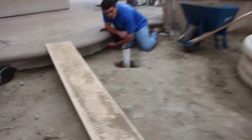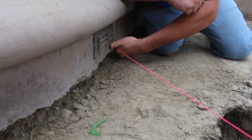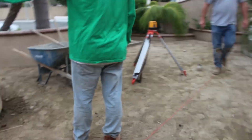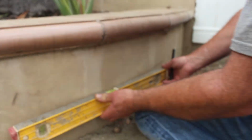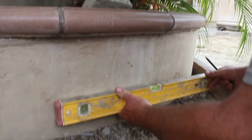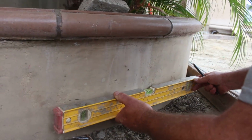Now we just pull a string line all the way across. We have to be below this light cover plate, so it's still removable, of course. So I'm going to make kind of a severe drop off compared to everything else right out of this initial gate,